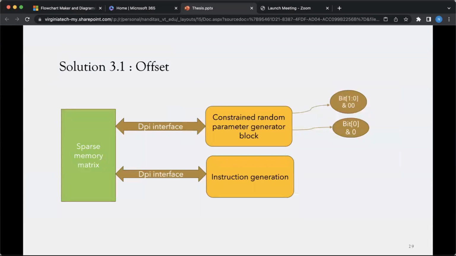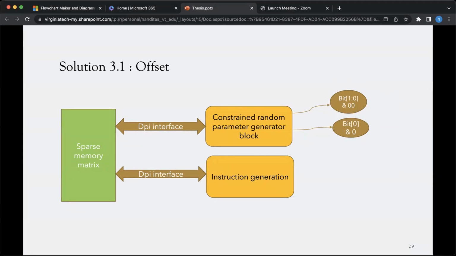In order to make sure of this, we write a constraint block and an instruction generator. The constraint block is written to basically constrain our instruction. First we generate all these constraints, and then we send those constraints into an instruction generator to actually form our instruction in a particular format. So when we are giving any constraint, we make sure that the offset, depending upon which instruction we are using, is either word aligned, half word aligned, or byte aligned. For byte, we do not have to put any constraint, but for word, we have to make the last two bits equal to 0.